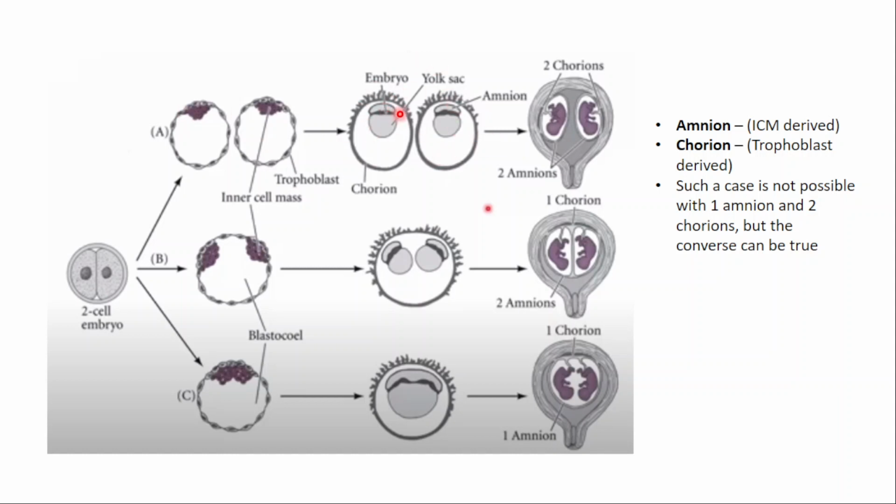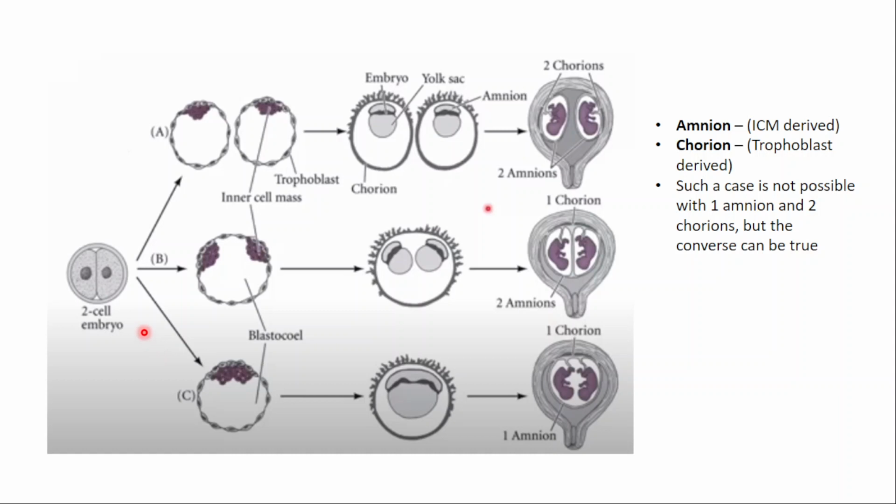So if these two get implanted in the mother's womb, then we'll have a womb containing two twins with two chorions and two amnions. In the other case, some other chance event could happen, where a cell at an 8-cell or 16-cell stage forms two different inner cell masses, but within a single trophoblast. So these two inner cell masses will form two amnions, but the single trophoblast would form only one chorion. So here we can have a situation where the twins are with two amnions but in a single chorion.